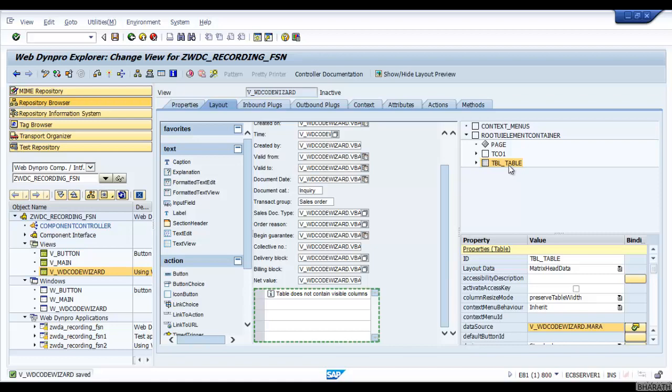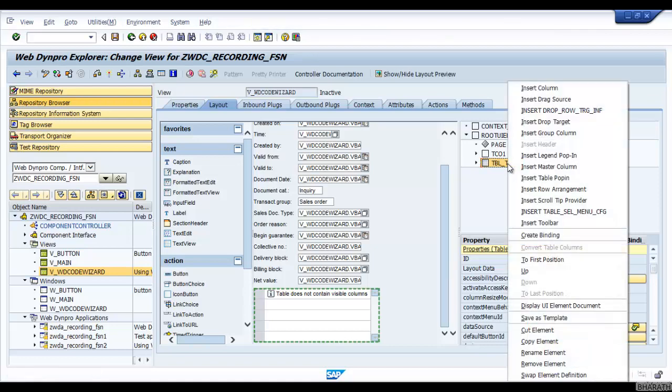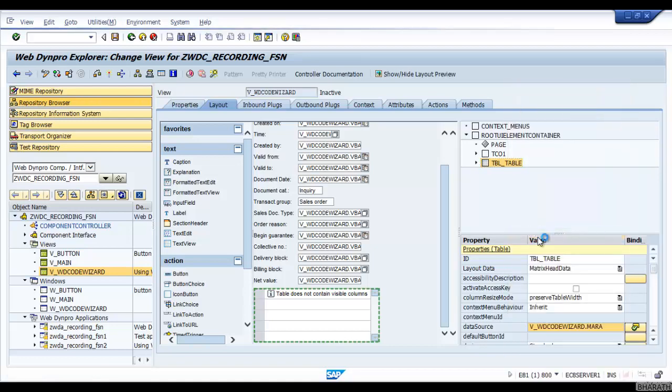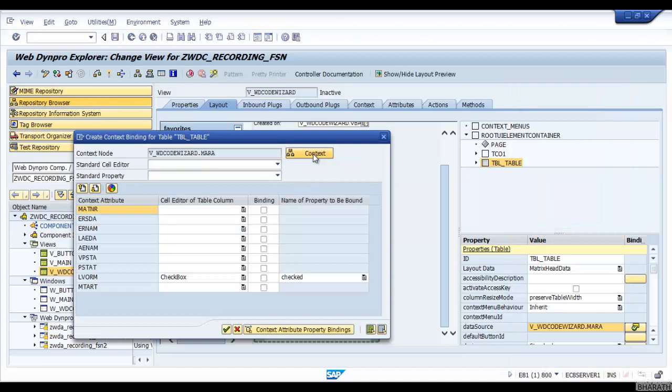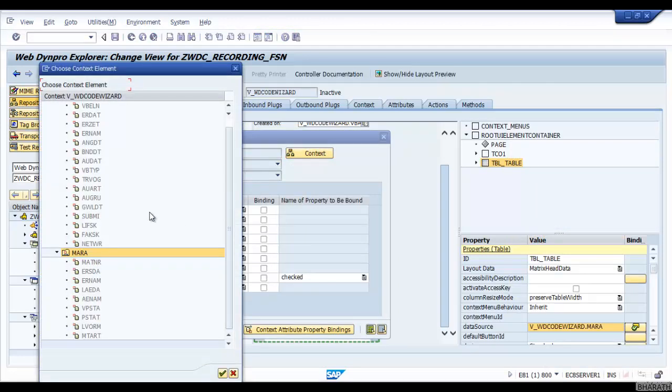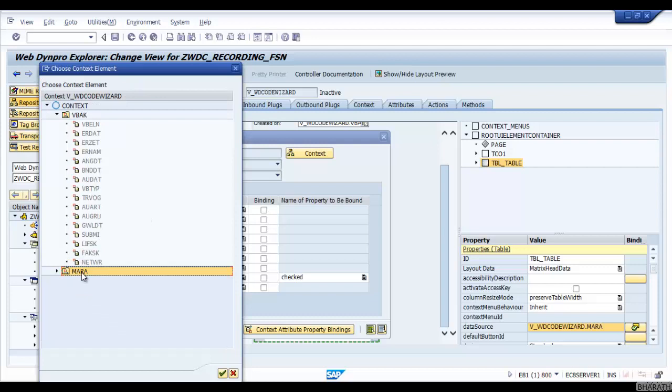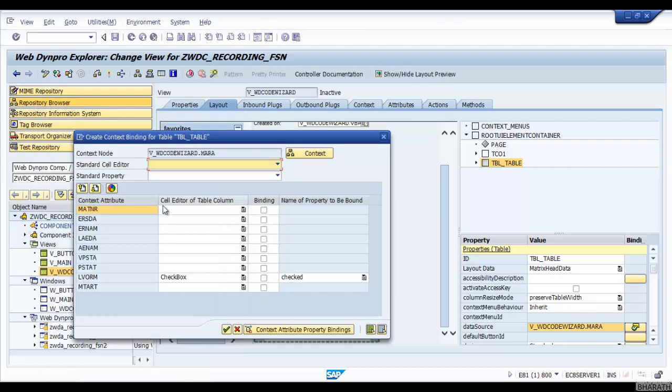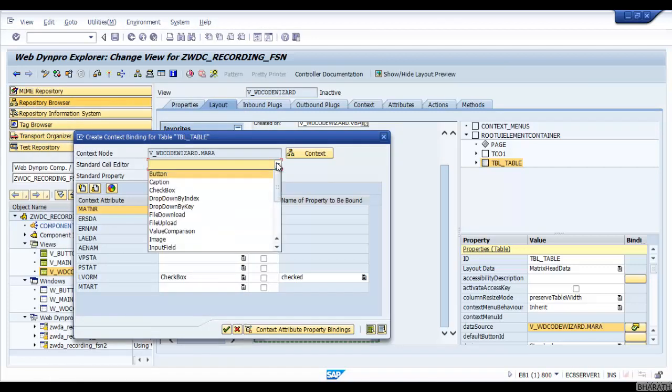Now right click on the table UI element and click on create binding. In the last session we had done it, but we are repeating it once again. Now select the context node. Then select the standard cell editor as text view or input field, whatever you want to display.